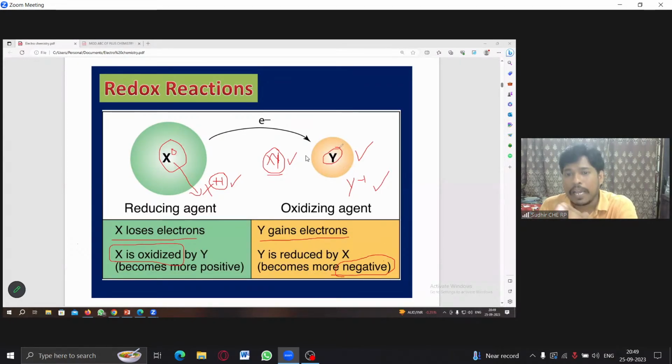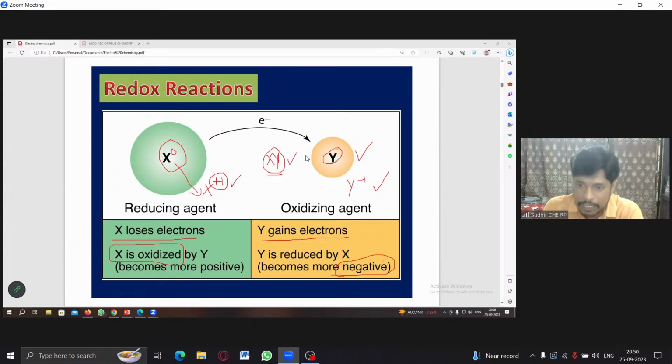That means I have added an electronegative element to the X. So because of this addition of an electronegative element to the X, which process is this X undergoing? Oxidation process. Right or not? It is losing electrons. In order to donate electrons to this Y, it is losing them itself, so it is involved in the oxidation